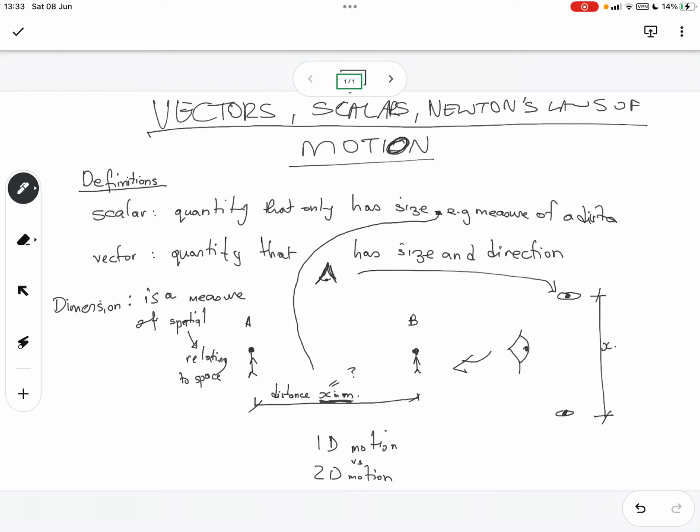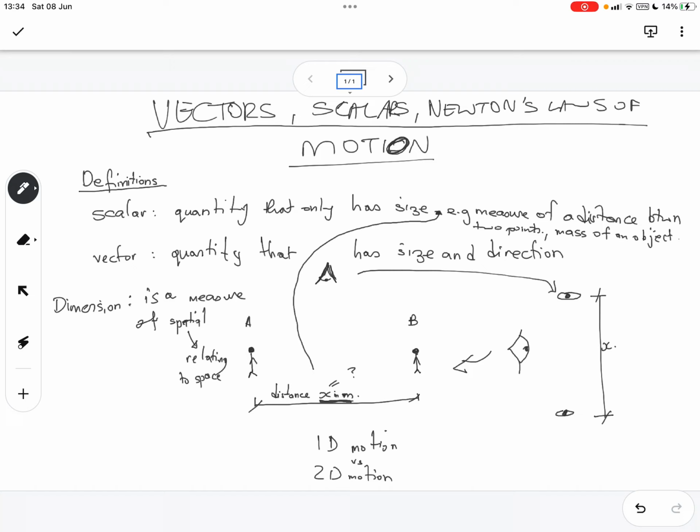So what that then comes back to is a scalar. So if we just take the measure of a distance, for an example, the measure of a distance between 2 points, we can also look at things like the mass of an object. So all of these things, they just tell us what are the measured quantities of that particular object we're interested in. Another example, if you want to think of scalar,